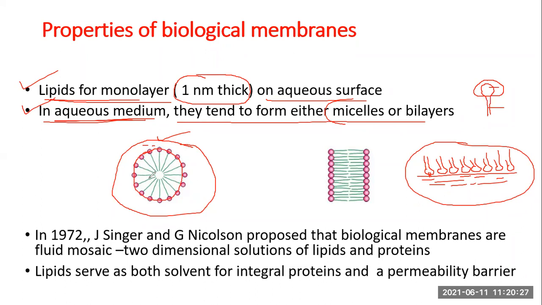The second option is they form this kind of a bilayer. So these are the polar heads. They are exposed to the water on either side here, and all the hydrophobic parts are sequestered, shielded, inside this bilayer, away from the water. What was found out is that this is the most convenient, because here there is no limitation on the size. You can have these bilayers as big as 20 nanometers or even bigger.